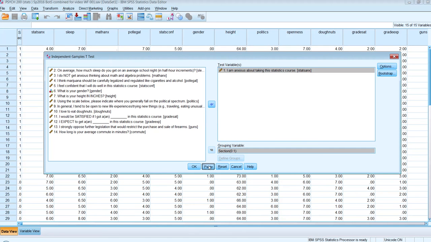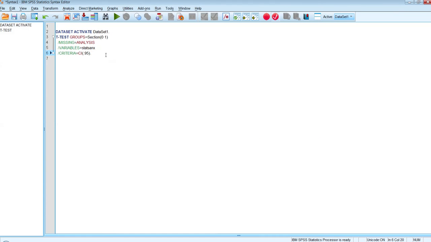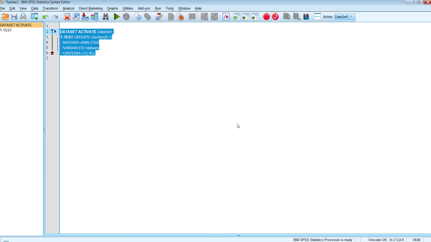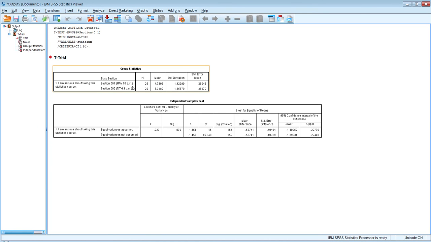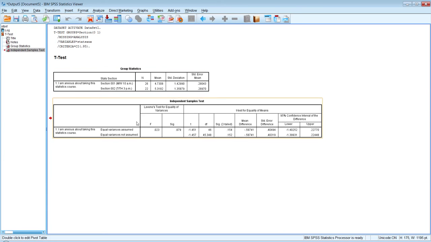So you want to paste, and then run your syntax, and then you should get two tables, one with your descriptive statistics for your independent groups. So we have the n, mean, standard deviation for section 1, and then n, mean, and standard deviation for section 2. And then we get our independent samples t-test